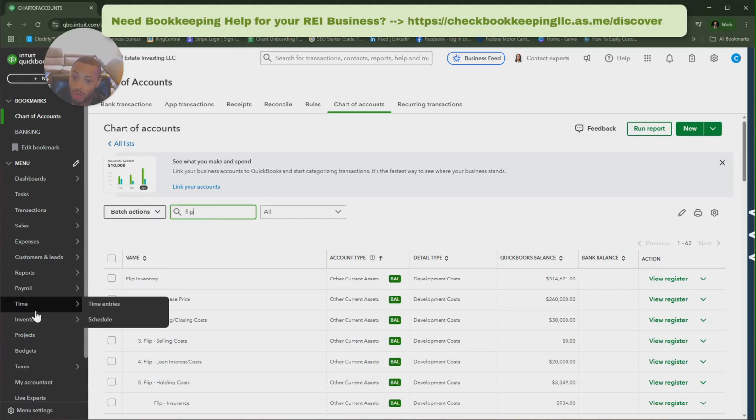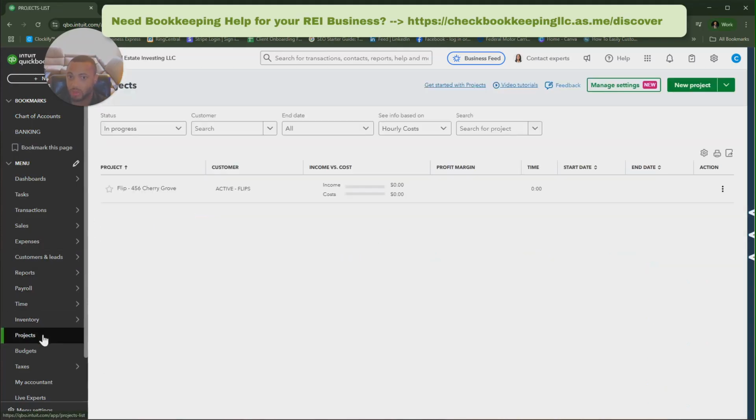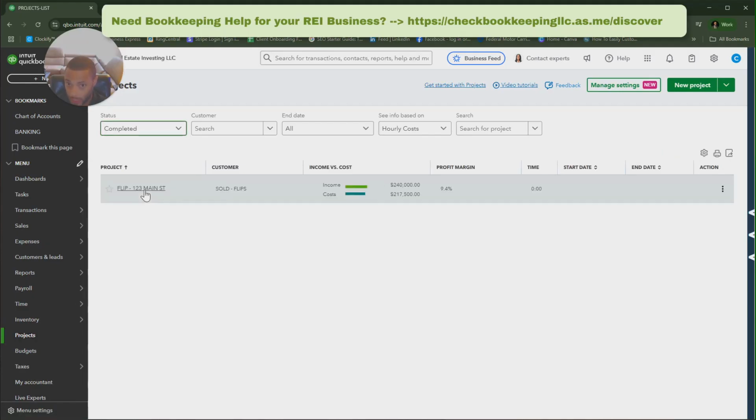On that note, I actually want to talk about how we keep track of flips. We keep track of flips a little bit differently than we would a rental. Each flip will be considered a project. So we require the customer to have at least QuickBooks Online Plus to get the projects feature. The projects feature is essentially a dashboard for your flips. It'll tell you exactly all of the costs that you assigned to that project,